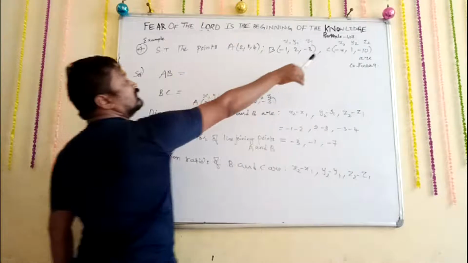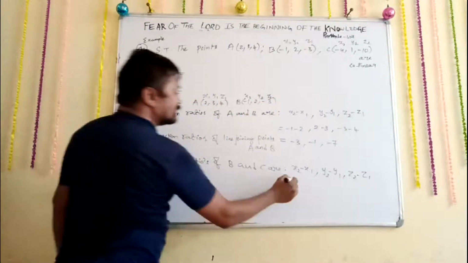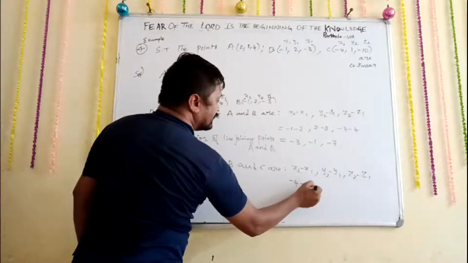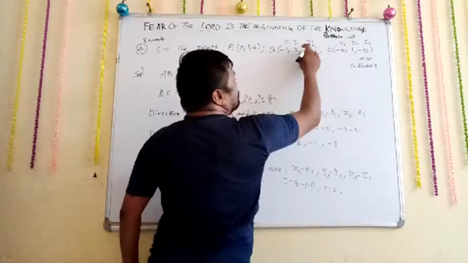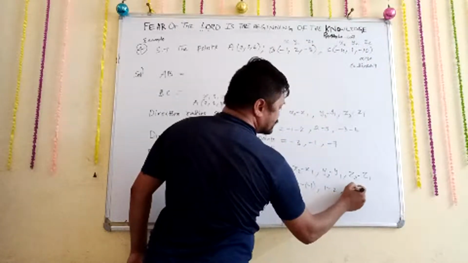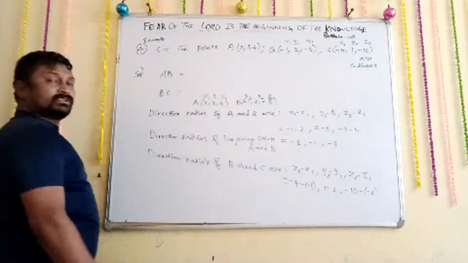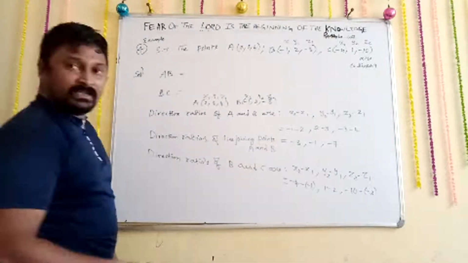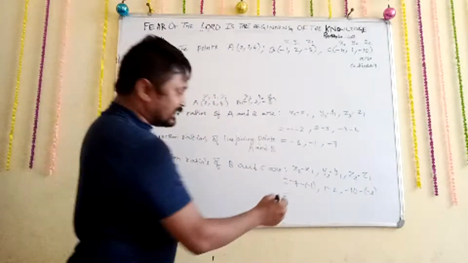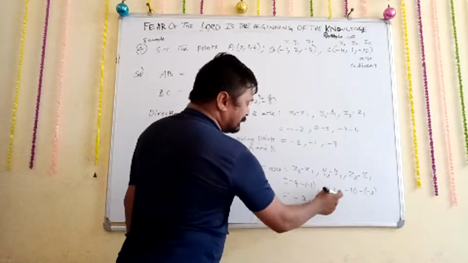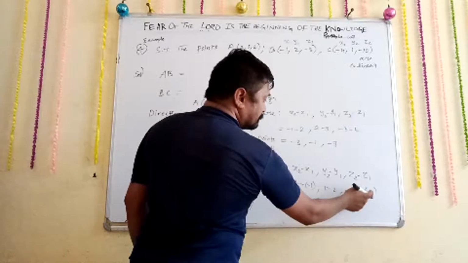Now -4 minus of -1, 1 minus 2, and -10 minus of -3. Observe carefully: -4 plus 1 is -3, 1 minus 2 is -1, and -10 plus 3 is